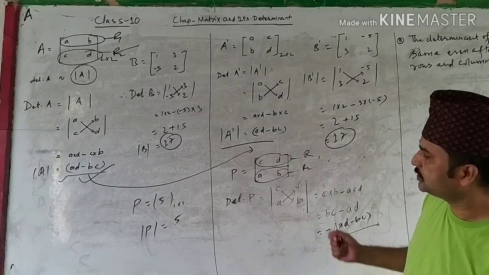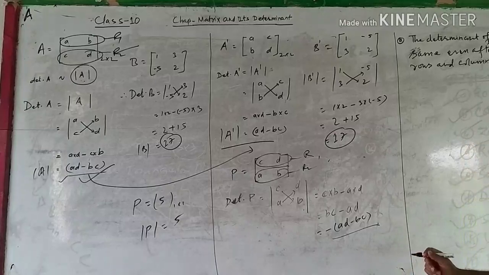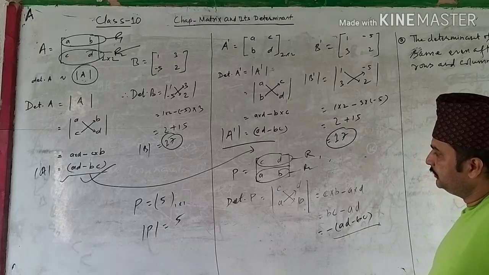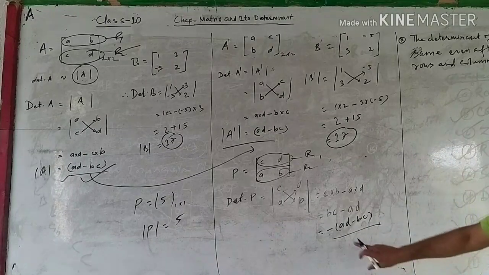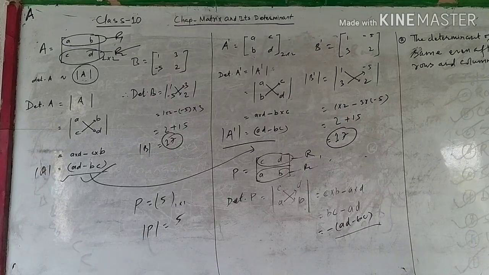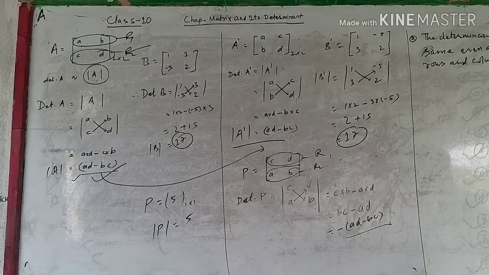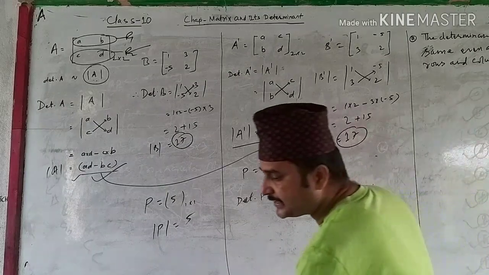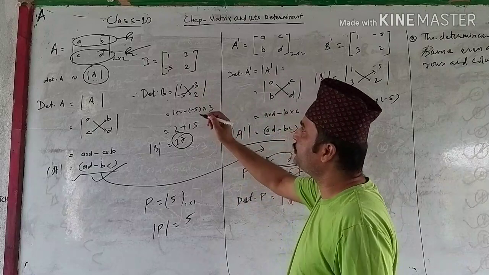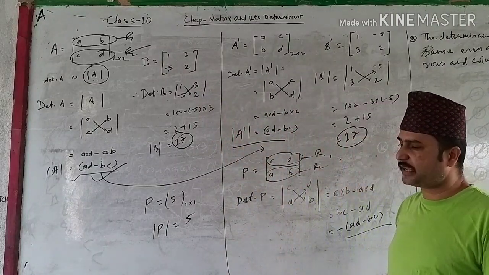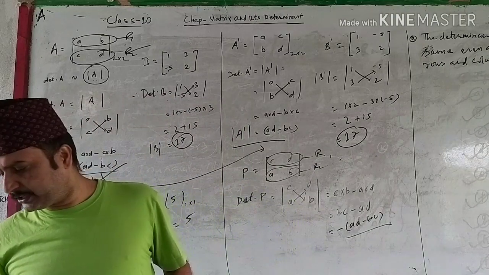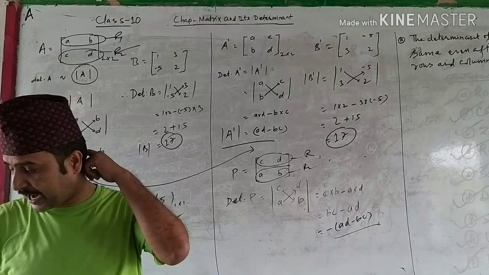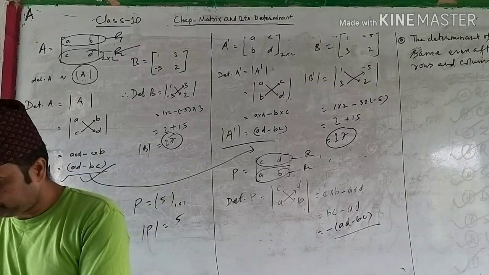So when you interchange rows or columns, the determinant of the given matrix has a change in sign. Okay. So what have you got? You interchange rows or you interchange columns, the sign of the value of the given determinant will change. If the rows or the columns of a determinant are interchanged, the sign of the determinant is changed.